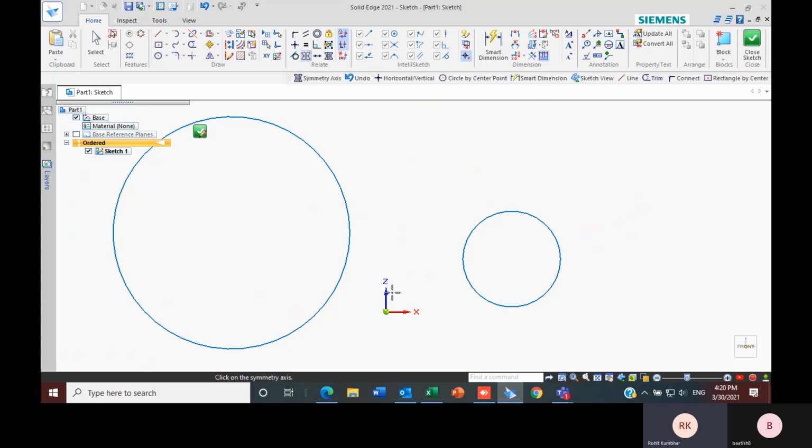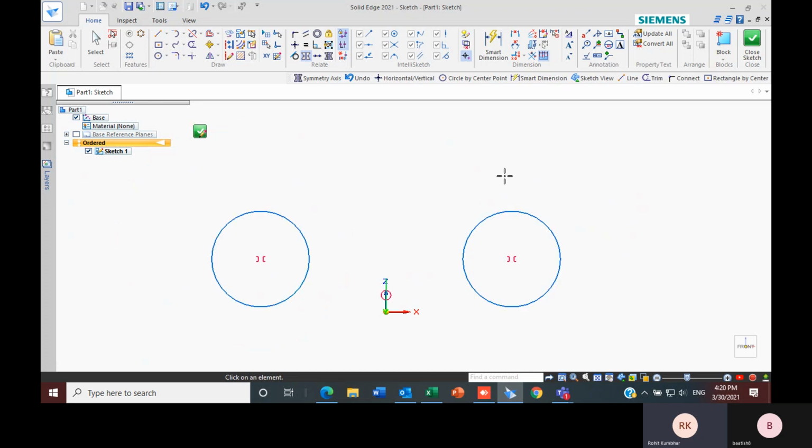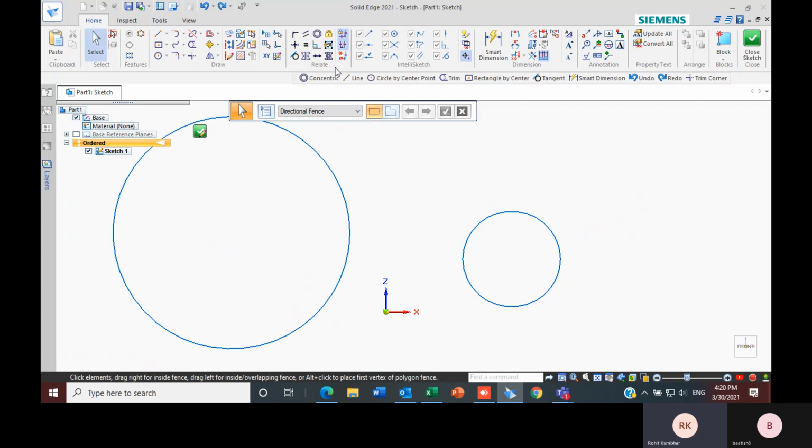I just have to select the symmetry axis for it. Let's say I select this z axis for the symmetry. I want to make this element symmetric to this one. So I just have to select these two elements and both circles will become symmetric. So this one is about symmetric.